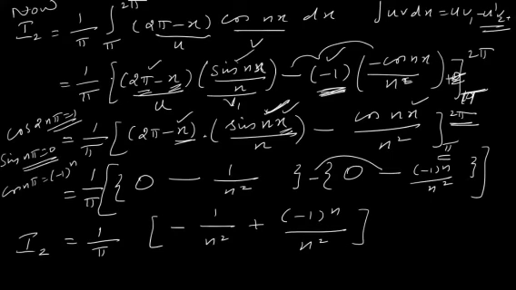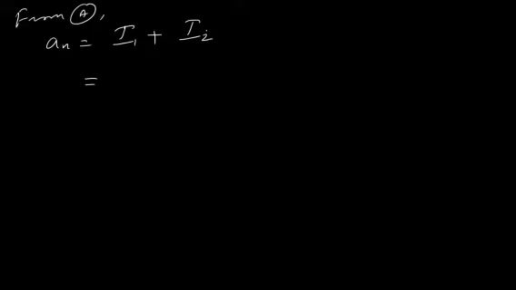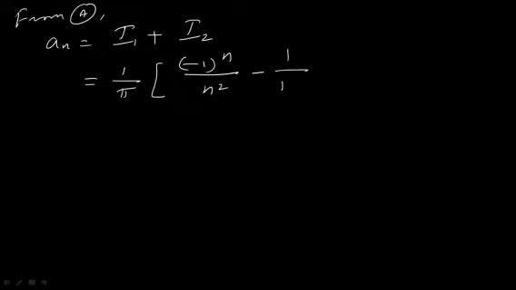Your I1 is equal to 1 by pi of minus 1 whole power n by n square minus 1 by n square, right? So that is equal to 1 by pi of minus 1 whole power n by n square minus 1 by n square